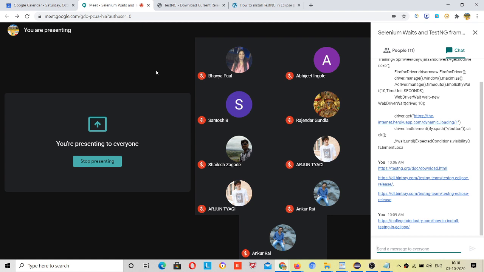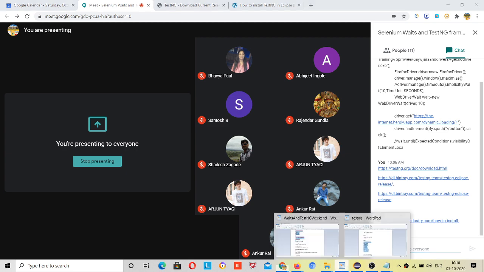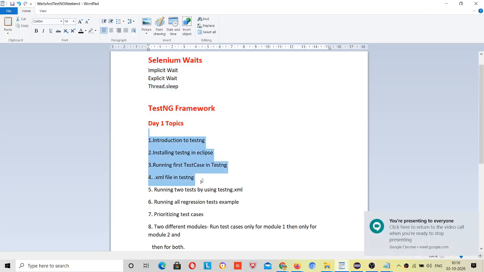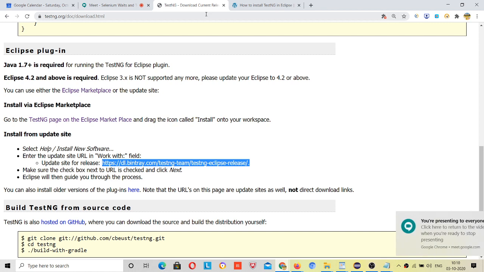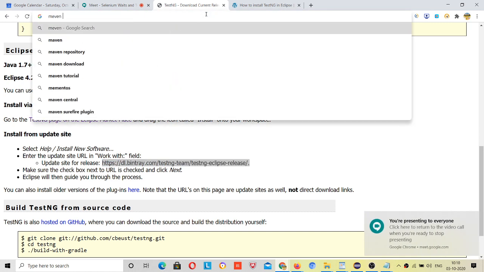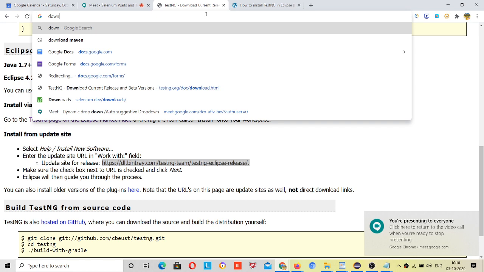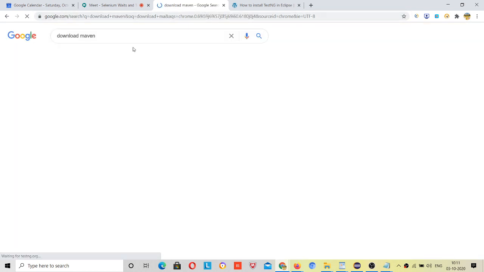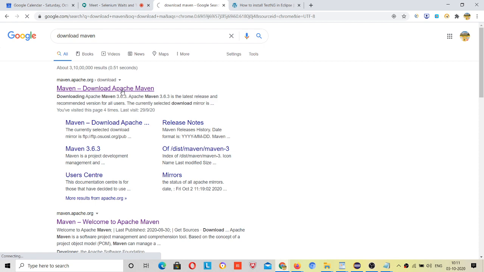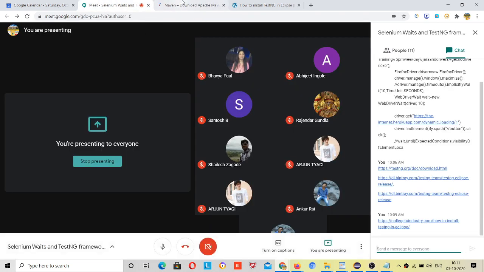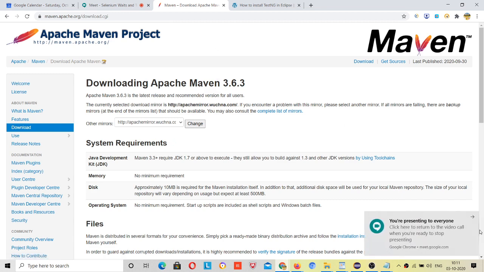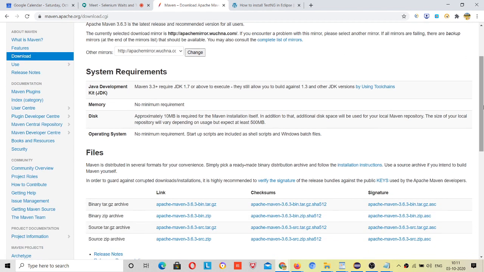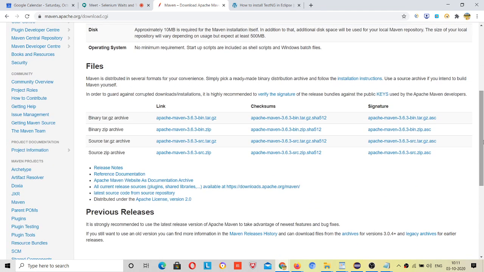Now the second thing is that, because we cannot complete this much task today, I will let you know how we can download and install Maven. For that you need to go to this URL. Click on this URL, because in future sessions I will not tell how to install Maven, how to configure the path, how to configure the Maven home, so that today we complete this task.